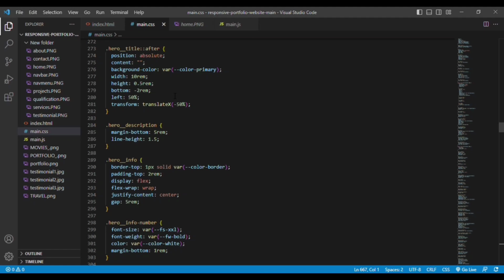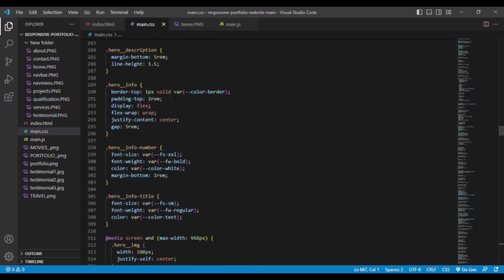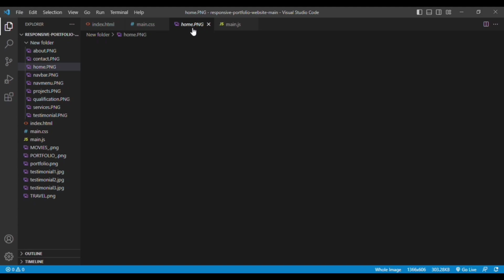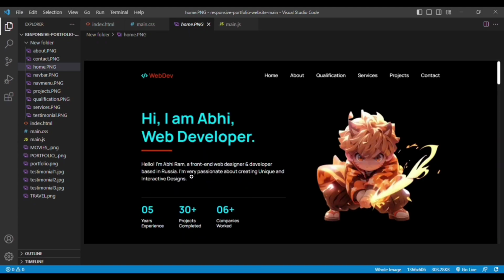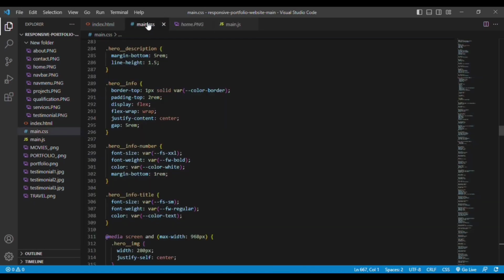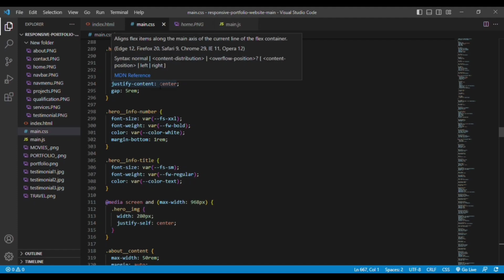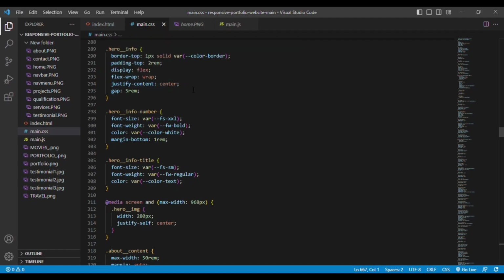Then we have hero description. For the hero description, we added margin bottom and line height. Line height is nothing but the gap between each and every line of text that we have here. Then we have hero info. For that, border top and padding are given. Display flex, flex wrap is wrap. Justify content is center. This hero information is nothing but